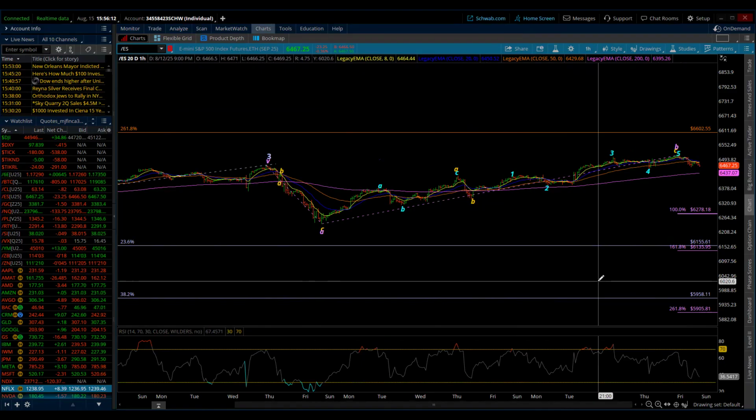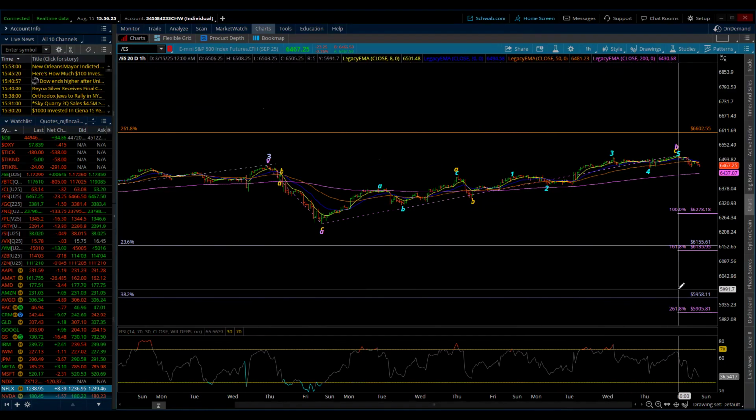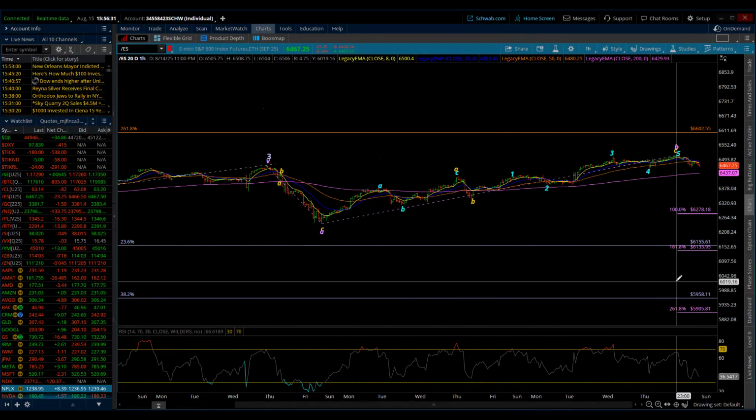Understanding that 6,021, 22, it'll be even lower as we move closer to September, because this is the September future. And so right now there's still premium in the ES. So I would imagine that corresponding to 6,000, today it was 6,022. So we're going to look for, probably on Monday, it'll probably be down to 6,020.